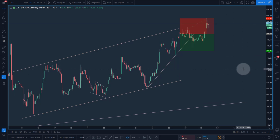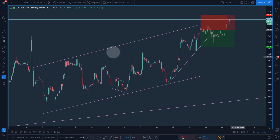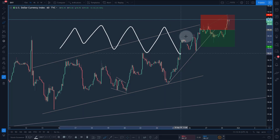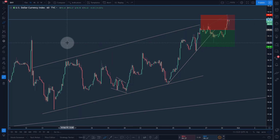So we're going to take a look at the market here. This is the weekly market review for the Forex market, and I'm just going to take a look at some pairs that I'm looking at for the week ahead, some things to take note of, and what we want to be watching for. Keep in mind that some of the pairs, specifically some of the Kiwi pairs, are moving more correctively. If you're seeing movement like this, you don't want to get involved in that. Sideways movement, very corrective. You want to wait for it to break up or down impulsively and look for the